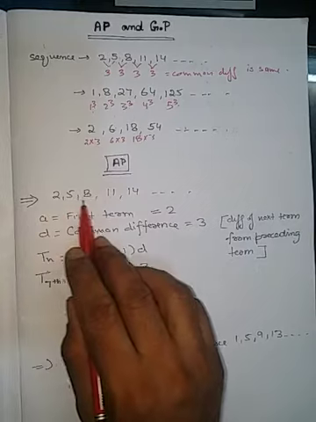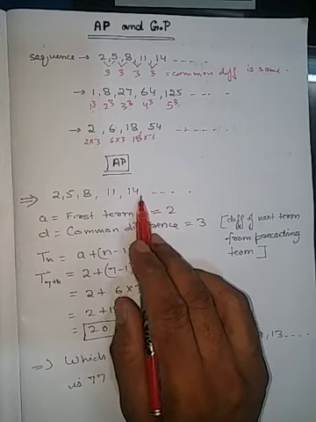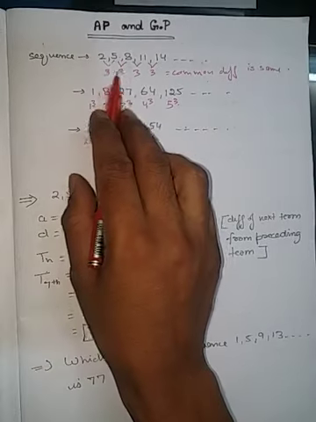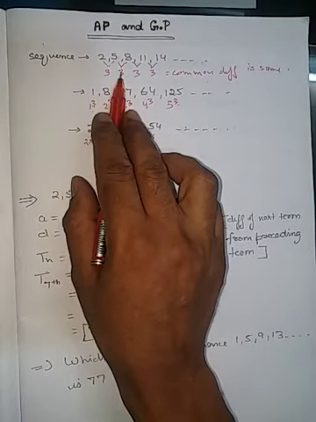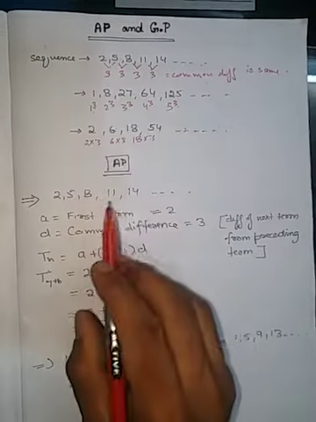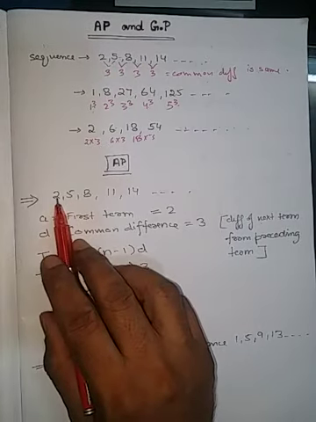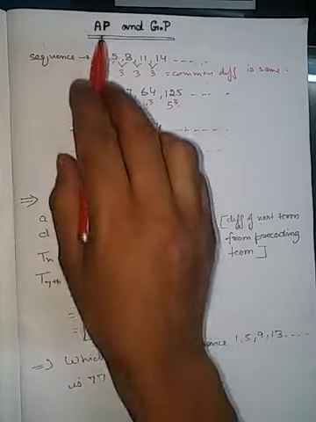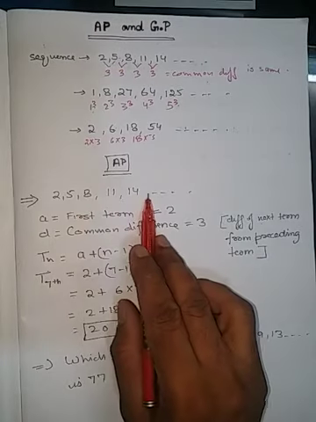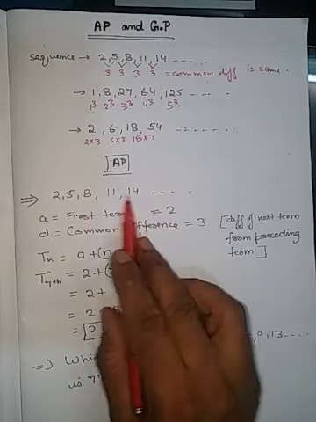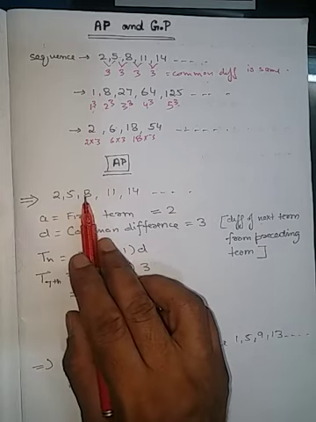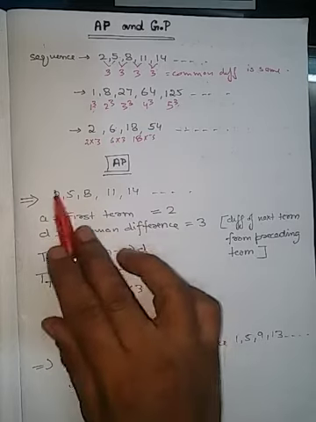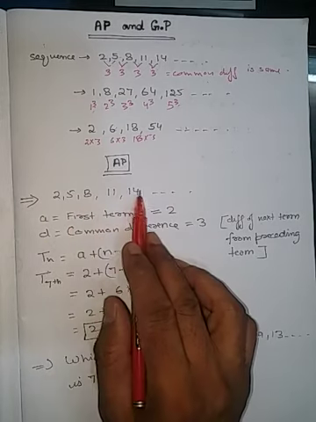So whenever any series follows a sequence where the difference is the same between the consecutive numbers, see, the difference here is 3 in all the consecutive numbers. So when the difference is the same between the consecutive numbers, this sequence is said to be in AP. This sequence is said to be an arithmetic progression series. This is a series and the difference is the same. Now we have proved that this is an AP series, or arithmetic progression series.